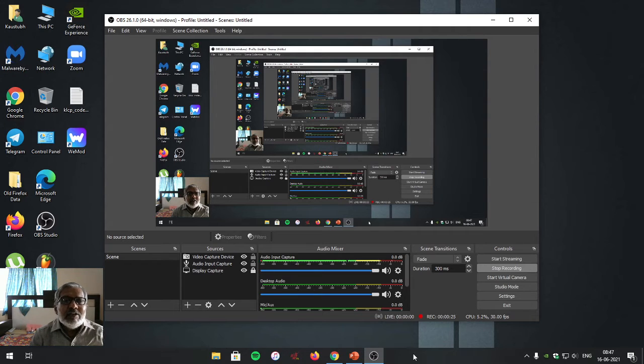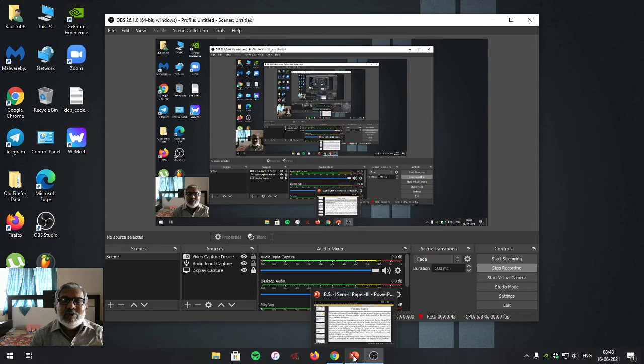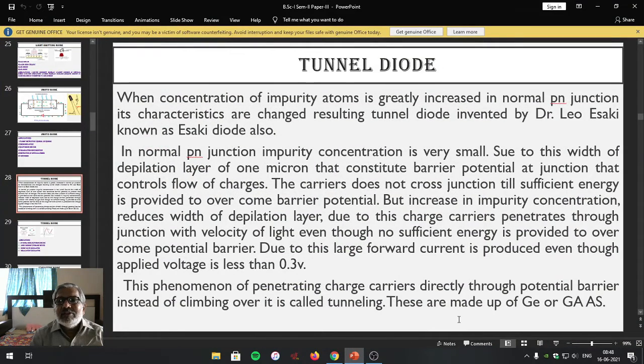By allowing light radiation to be incident on it, it generates photocharge carriers, and the generated photocharge carriers are dragged toward the respective polarities of the externally connected battery and allow current to flow through that. Such a diode, we can call it a photodiode. We also studied the applications of the photodiode and its specifications.